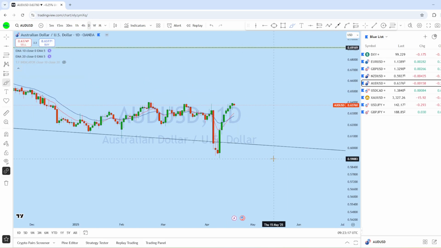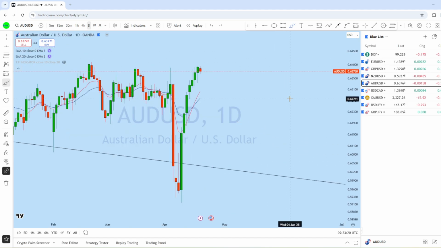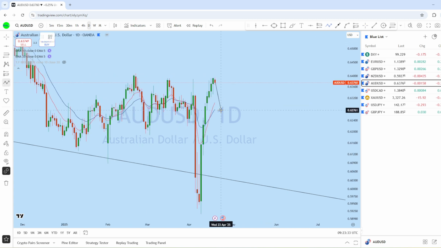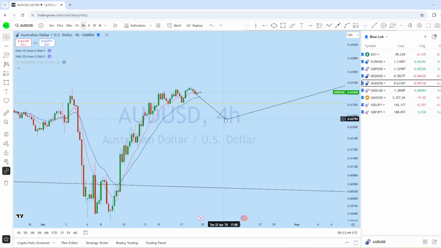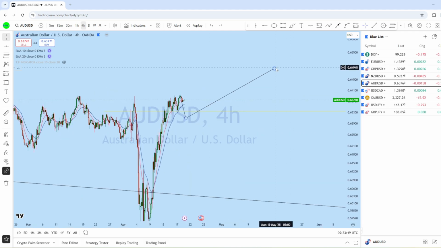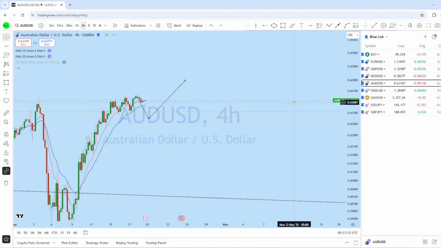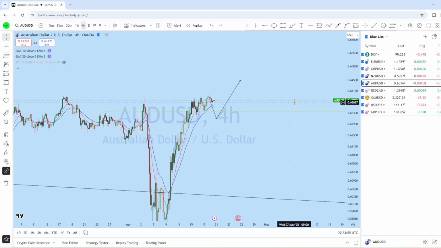Now if we look at the daily chart on AUD USD, we can see the daily price action. From here, this is a huge daily impulse, followed by an expectation for this market to come down for a deeper pullback and then to revert back again for another bounce. Especially the previous daily low here is the zone where we could see the market break and then return back again in the major direction of the trend. So any break-up structure can give us a potential buying opportunity on AUD USD.